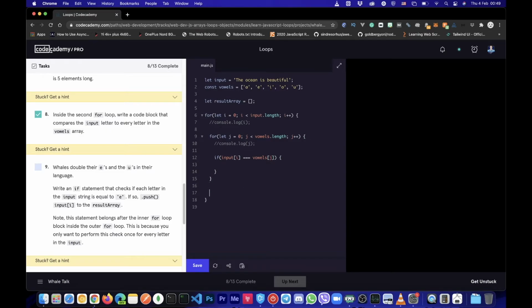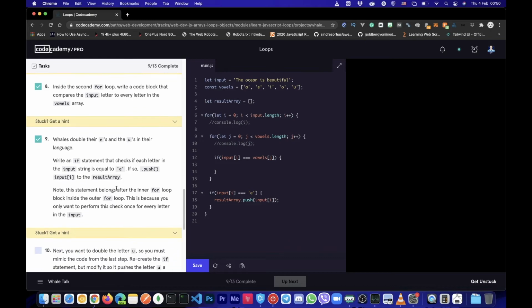Okay, so let's go right here and we should check if each letter in the input string is equal to E, and if so, then we need to push that one to the result array. Okay,